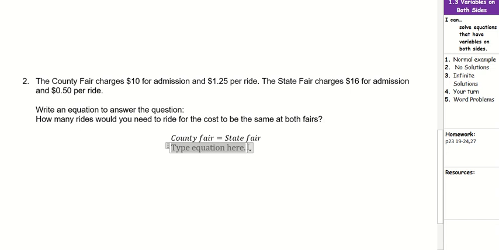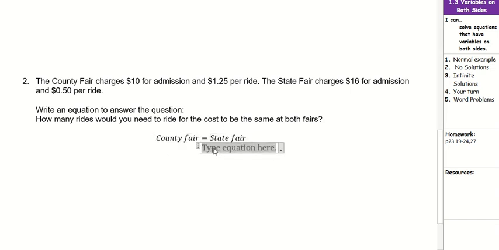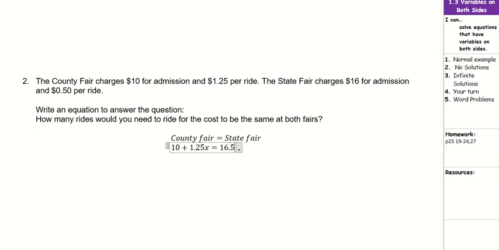How do I represent the county fair? $10 for admission, 1.25 per ride. This per is a huge word. State fair, 16 for admission, and 0.5, so 50 cents